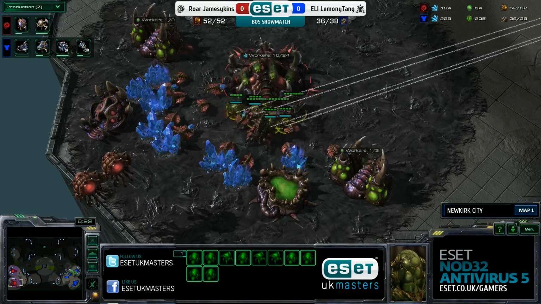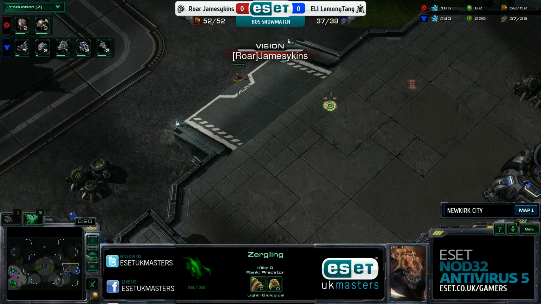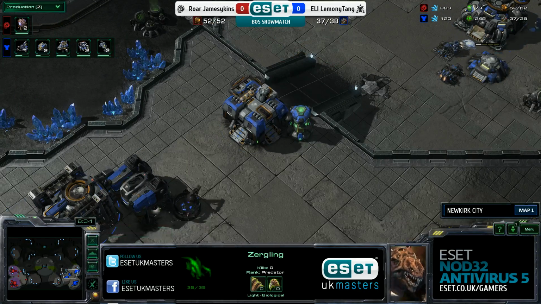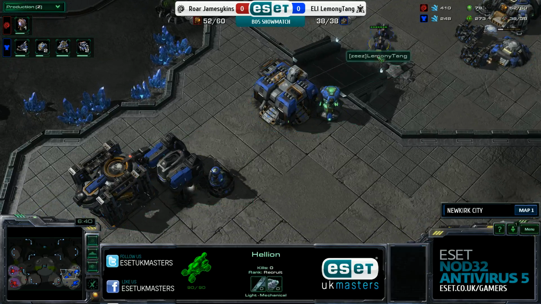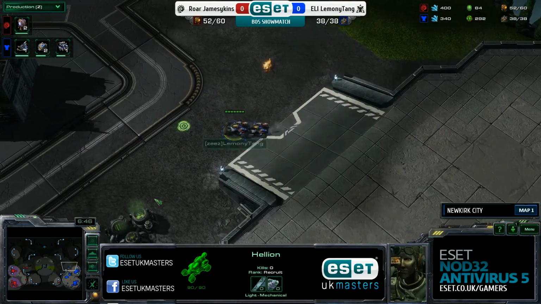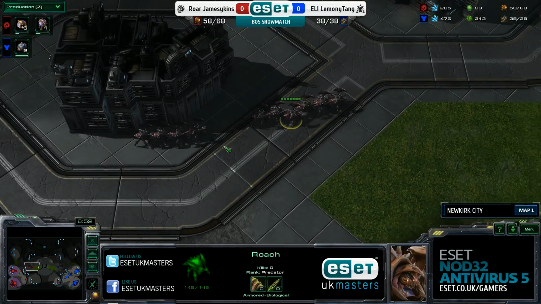We do see the Hellions coming out for LemonyTang, but with only Hellions, you're not going to do that well against Roaches. Even though we do have the starport on its way down, and we do have the tech lab, which suggests that the follow-up for LemonyTang is going to be going into some Banshee. The fact of the matter is that Roaches do very, very well against Hellions,